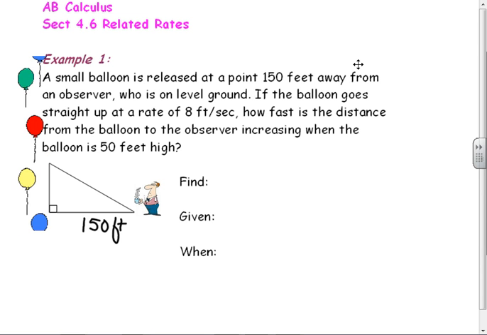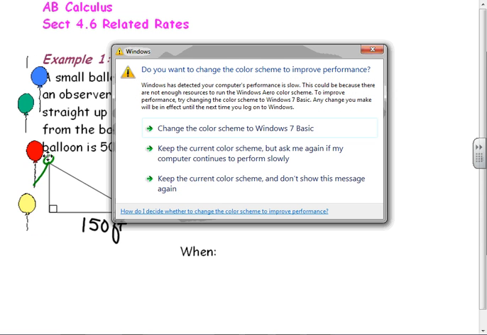Okay. Now, we're on level ground. They're not going to make anything complicated here. And it says the balloon is going straight up at a rate. That is a velocity. Rate is a ratio. A rate is a derivative. At a rate of 8 feet per second. How fast is the distance from the balloon? So we're going to take a snapshot. I don't think I can freeze that, but we'll take a snapshot, and the balloon's going to be right here. How fast is the distance